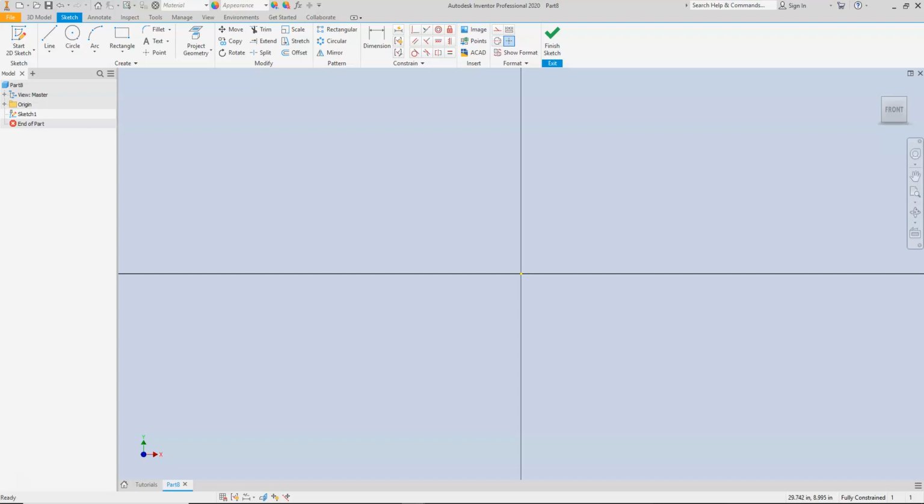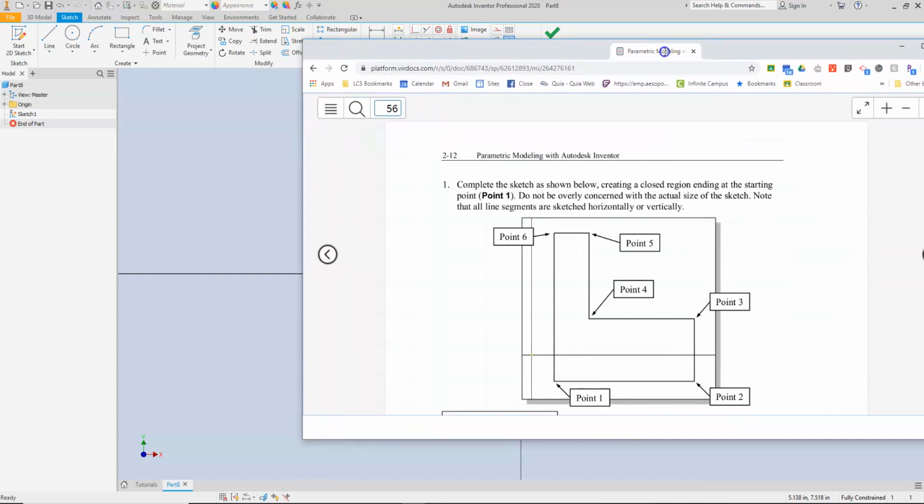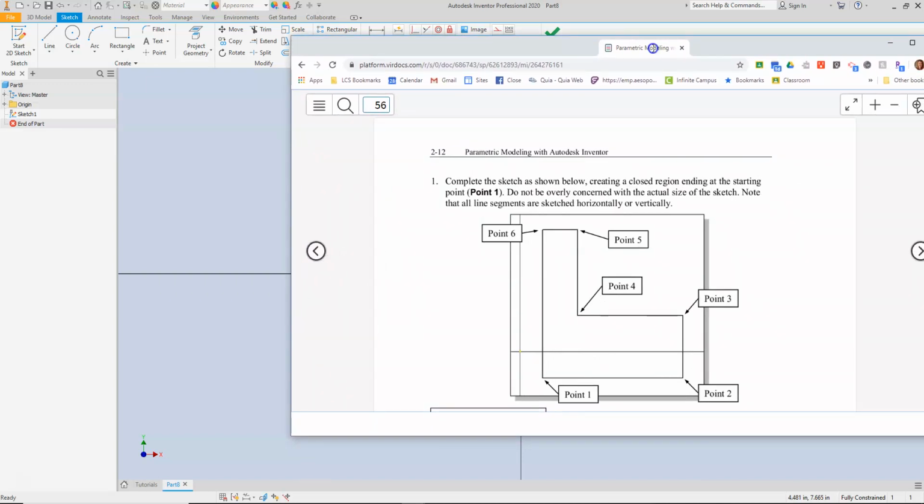So we're going to start working on the adjuster design problem that is shown in your isometric form on page 24, but I'm actually over on 2-12 of your textbook. What we're going to do is sketch out these basic points, and really to understand why